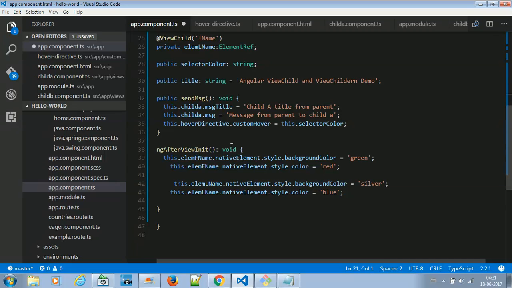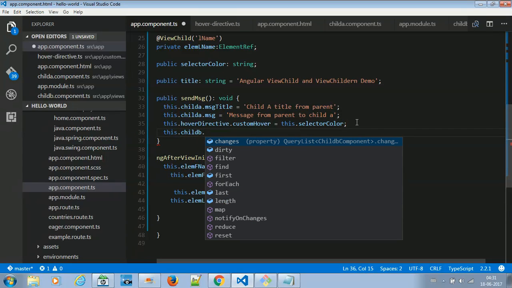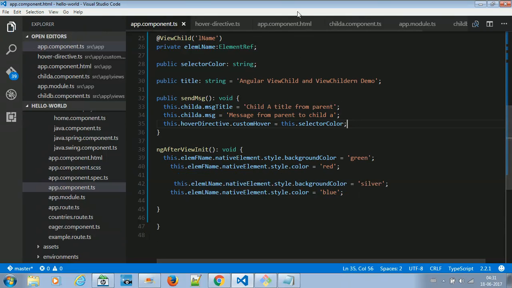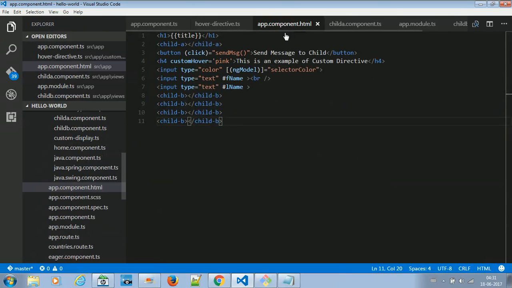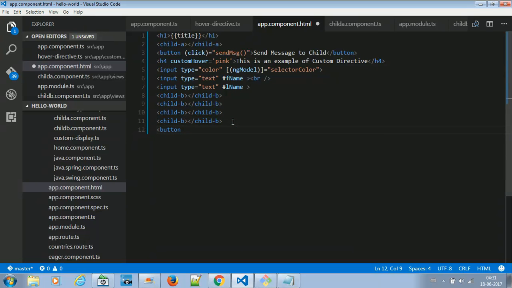So now if I want to, in the same button event, I will write this dot child B dot, say this is your, okay, child B is your array, right? So this dot child, okay, let me do one thing, let me create a separate button. Let's keep it separate, let's not mix it up so much. Okay, let me come to app component HTML, and here I will write one button. Here I use one button. Okay, here on the click of this button, you will say